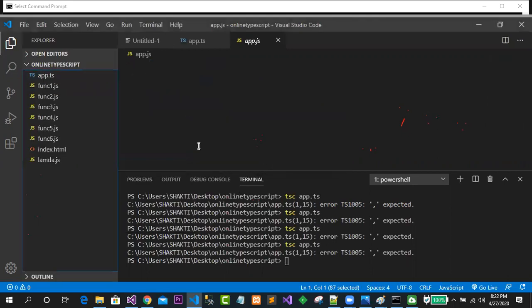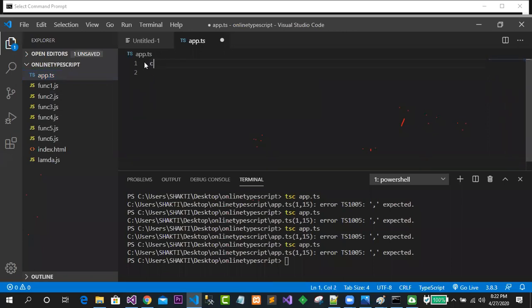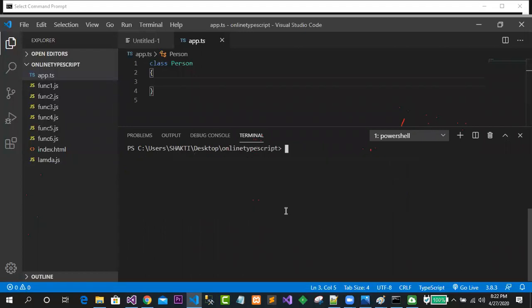Now what I will do here is create a class. Suppose a person class I will go for. This is a person class. In this case, I have simply taken care of these things. After writing this much, let me clear here. What I should do here is run tsc app.ts. Look at guys, what will happen?